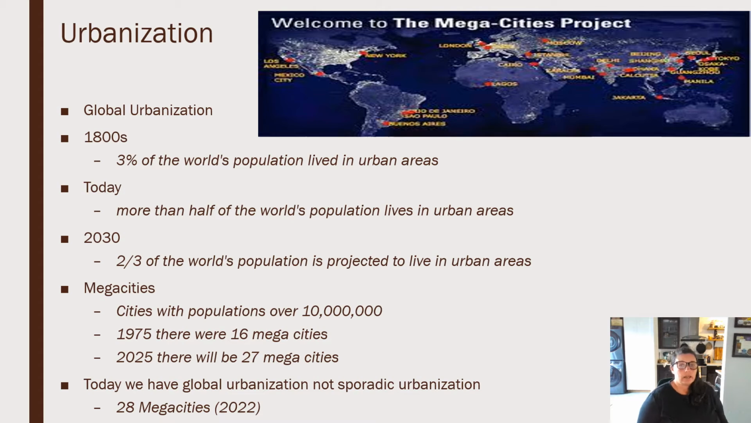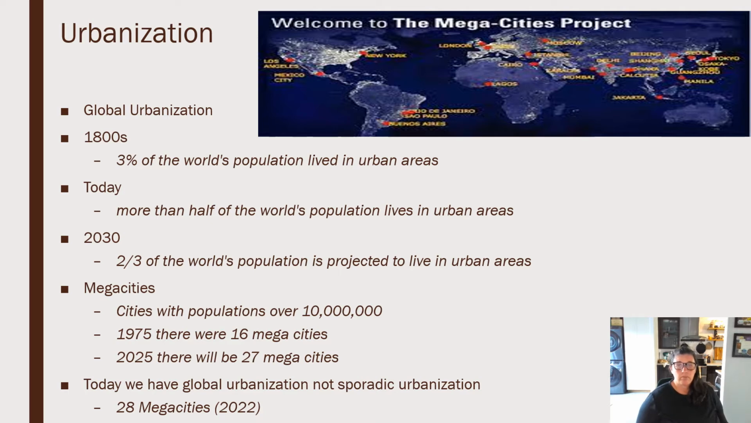So what we have today is not just urbanization, but something we would call global urbanization. And that means that most of the world is becoming urbanized. Today, instead of sporadic cities developing or sporadically developed megacities, we have global urbanization, or megacities, throughout the world. So the book talks about how in the 1800s, 3% of the world's population lived in urban areas,